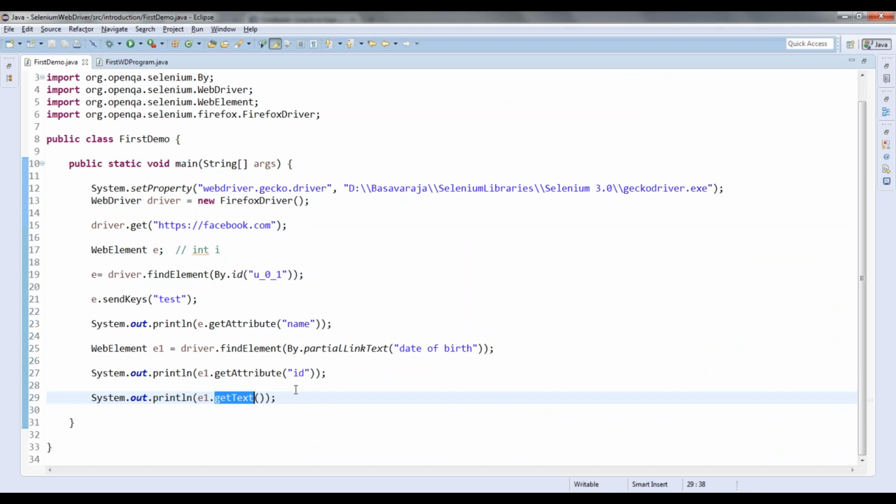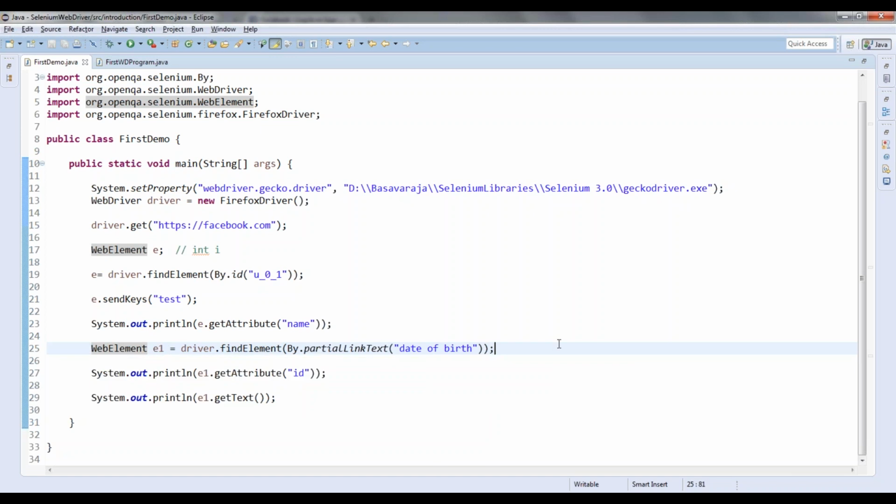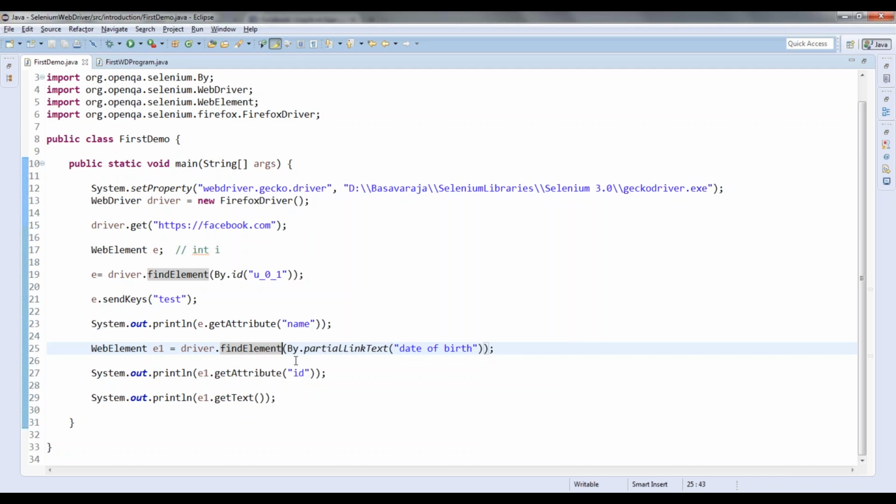Now just to go one step further, find element is returning one element and I am storing that in an object of one web element, correct? If this is returning a list of elements, then I will be storing that inside a list of web elements. Find element will never return a list of elements. So for that I have one more method, find elements.